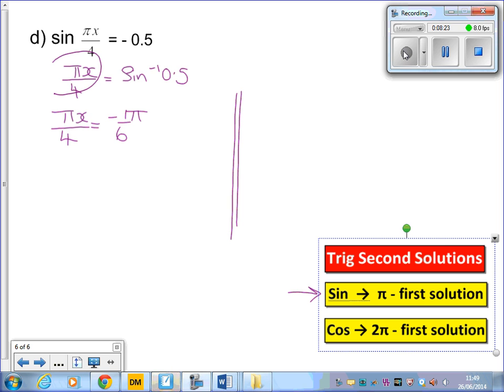So I start off with what I've got here, pi x over 4 equals pi take away my first solution, which was minus 1/6 pi. Now I've got two equations to solve. The first one is nice and simple for me. I can cross off the pi, as that's on both sides. Rearranging for x gives me x equals minus